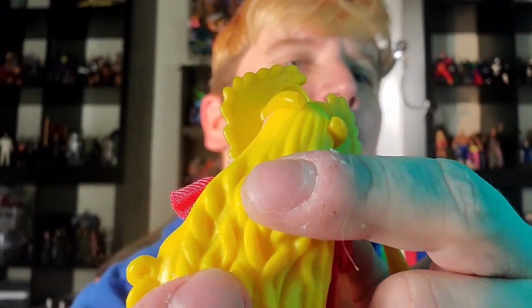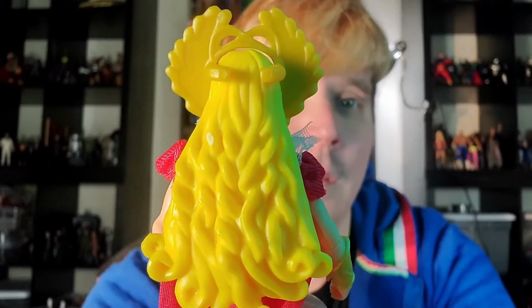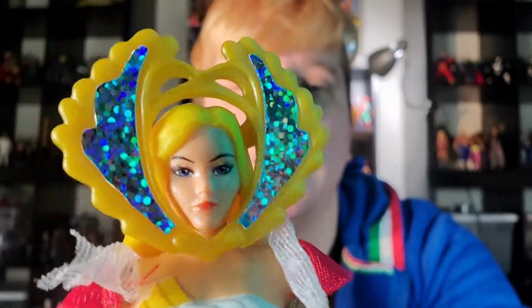That was very frustrating. I do see a little bit, looks like, of a painting error, a manufacturing error here on the back of her head. Right there, some of the plastic looks like it's been scuffed up a bit. That's not that big of a deal for me, but if you're a hardcore collector, that might bother you. But her hair is beautiful. I mean, that's probably the best looking hair I've seen on a Revelations figure. And her makeup looks good. Her face looks good. I like the overall design of the